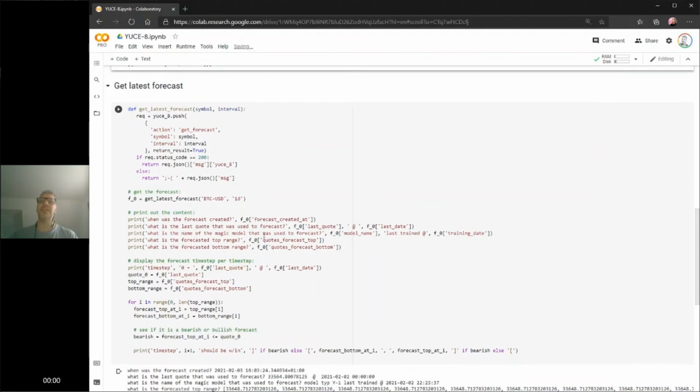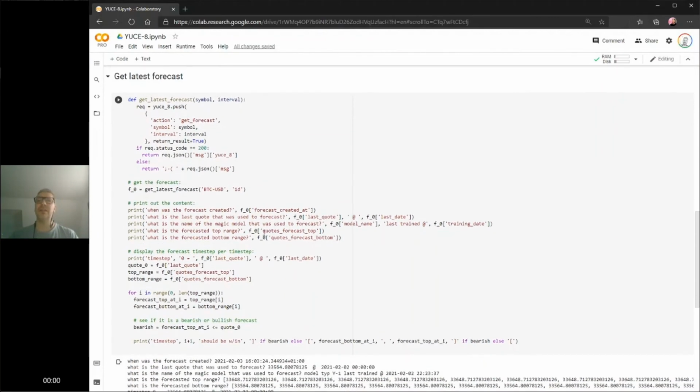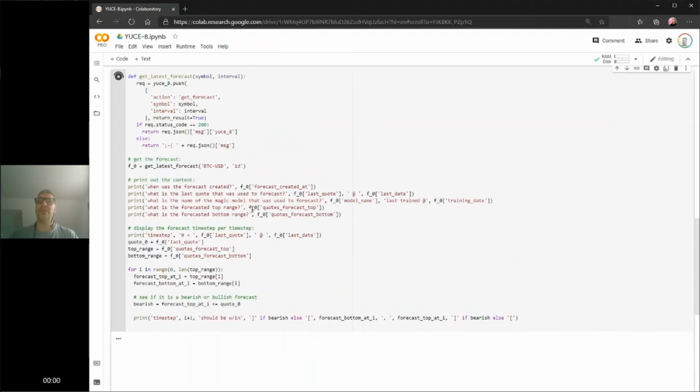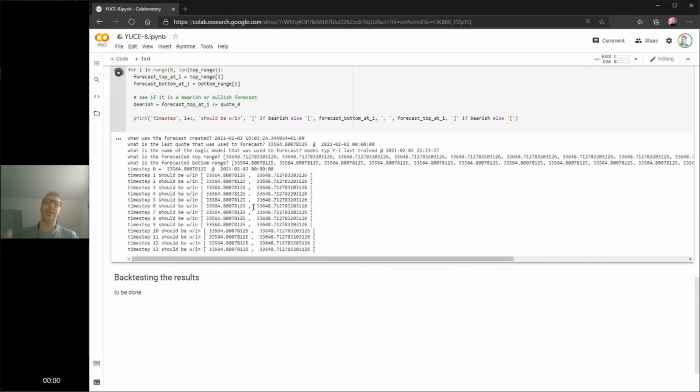And if you want to get access to the latest forecasts, it's another API call. I just run that, which is then taking right now, the latest price, end of day price I got, which was then the 3rd of February. And the Bitcoin was at 33,000. The last picture we saw, it was 10,000, so it gained a lot.